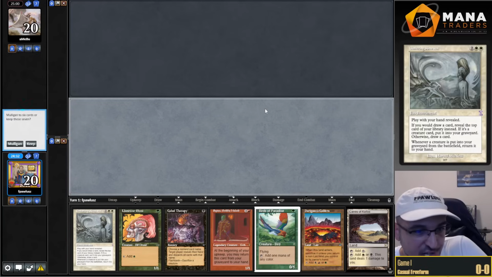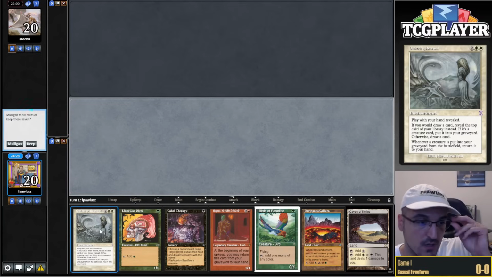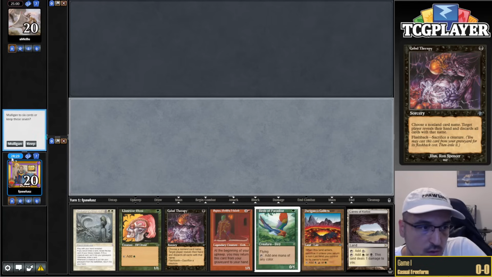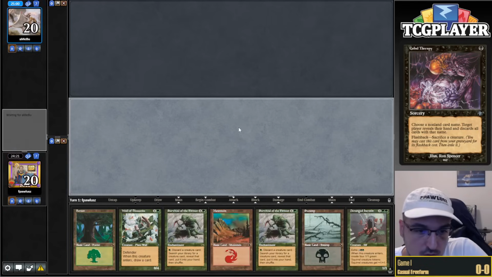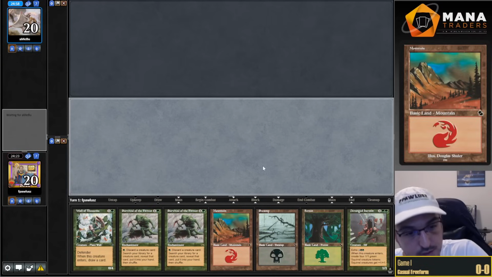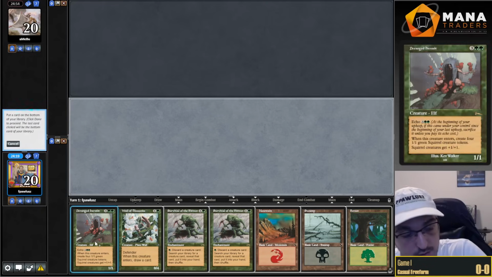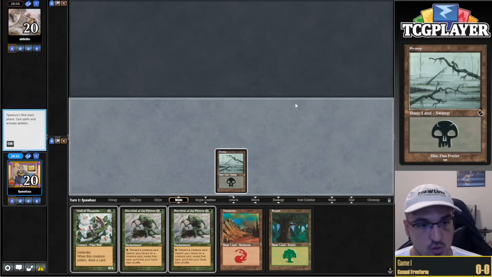This one is interesting. We're on the play. I think this hand doesn't really do anything though. Like, we get to Therapy twice and that's about it. So I think I'm just gonna ship it. This hand does look better. So I'm gonna keep this, and I think I'm gonna bottom the Hermit, and I'm gonna go turn 1 Swamp,